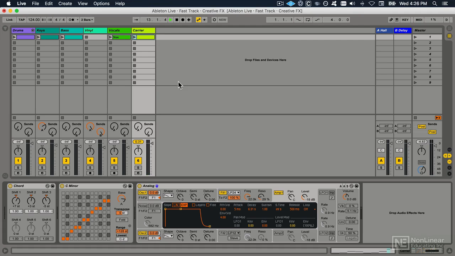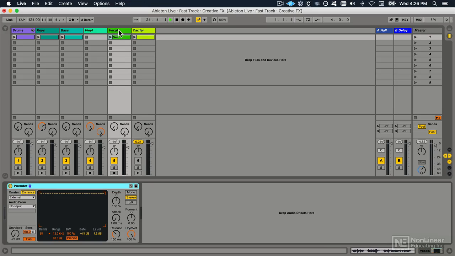Now, it's really important before going any further for me to mute the carrier signal, because we only want it to be audible in the context of the vocoder. If the original signal from the carrier is played alongside the vocoder, it's probably going to drown the vocoder out. And what we are really just trying to do is create a melodic tone to carry the modulation of the